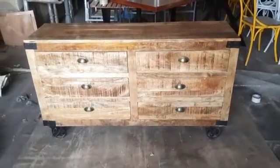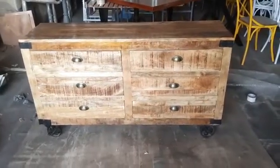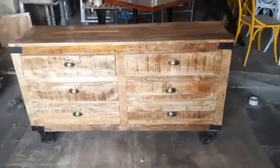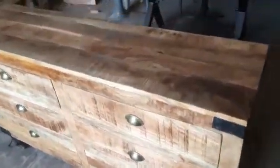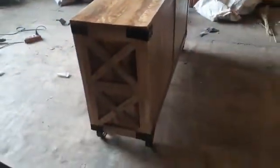A wonderful antique chest of drawers. You can see here sizes 150, 75, 45, or as per your requirement we can provide. This is the side design. This is the back portion. As you can see,